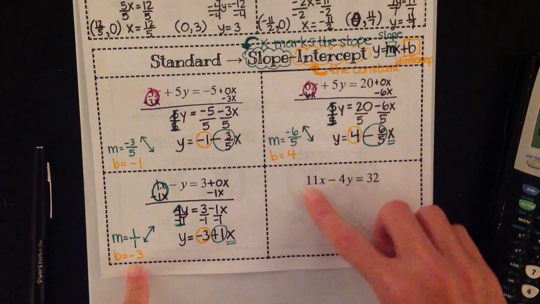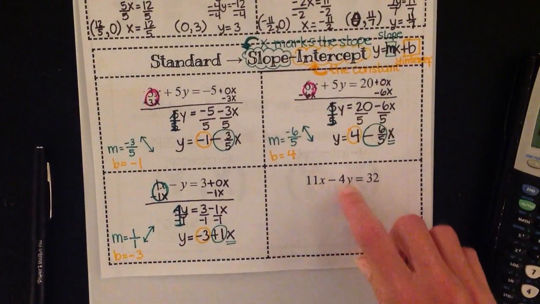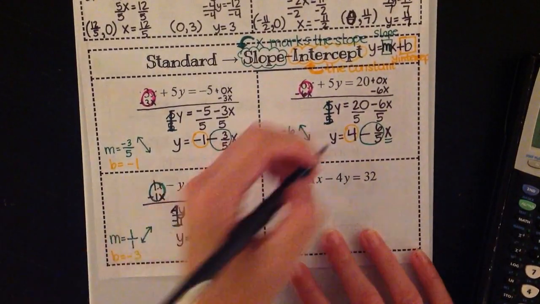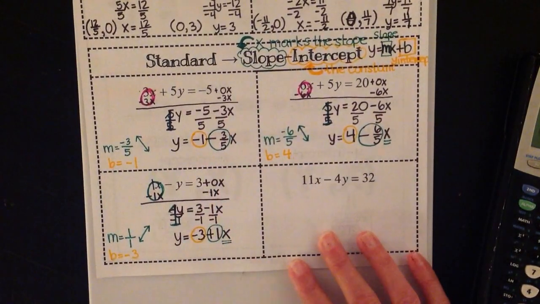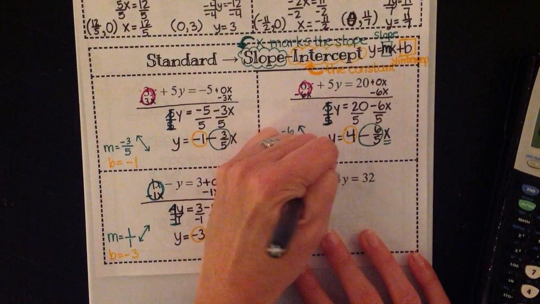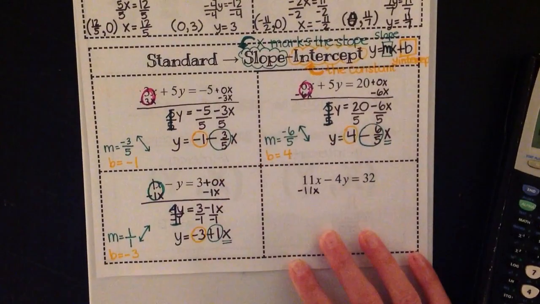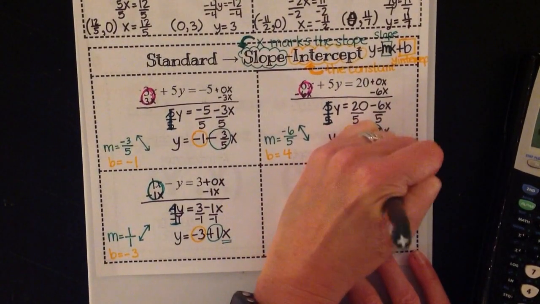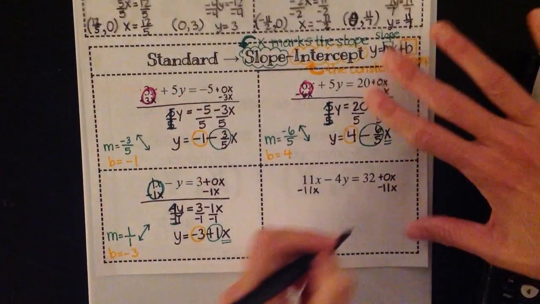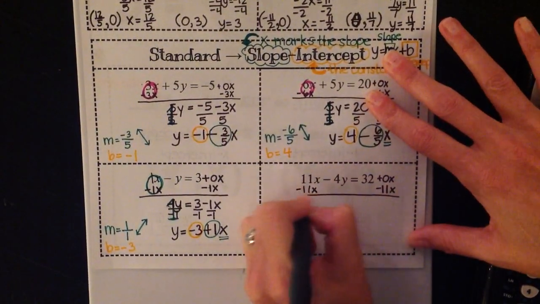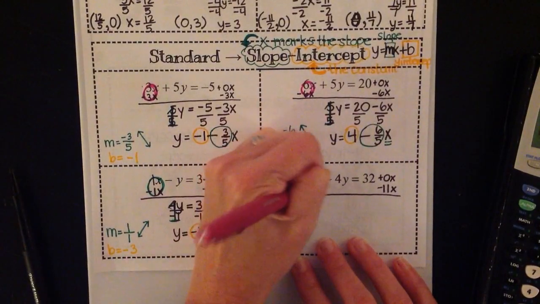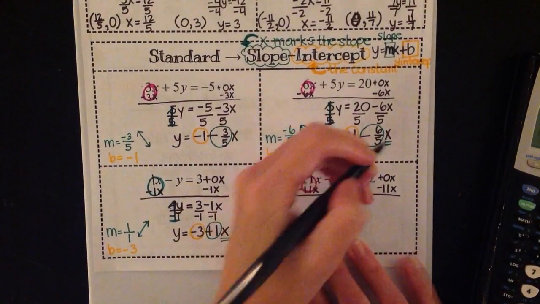All right, one more. So we are going to rearrange 11x minus 4y is equal to 32. So I have to move the 11x to the other side. So if it's a positive 11x, that means I'm subtracting or taking away 11x from both sides. And again, if you need to write that invisible plus 0x on the other side, do so. And this is going to make 0x. So I have a negative 4y